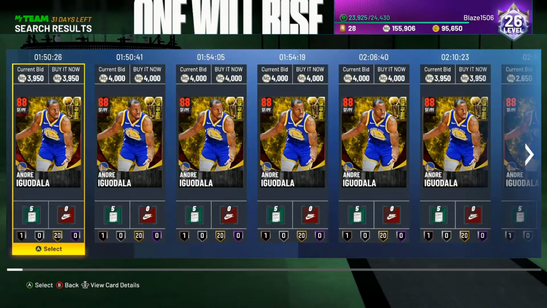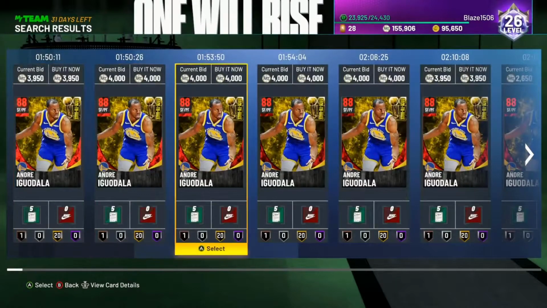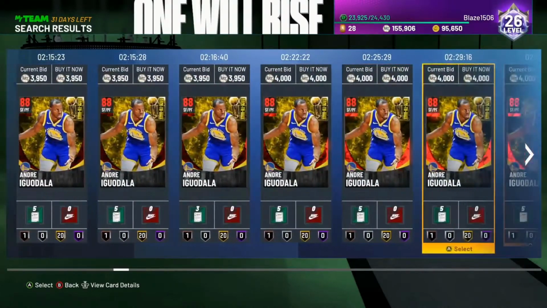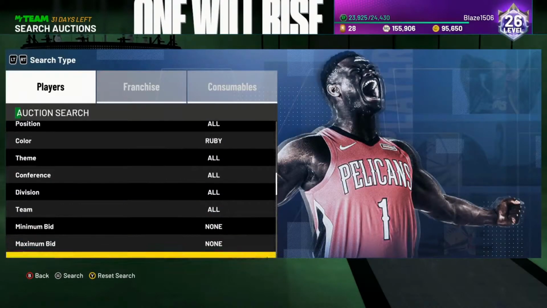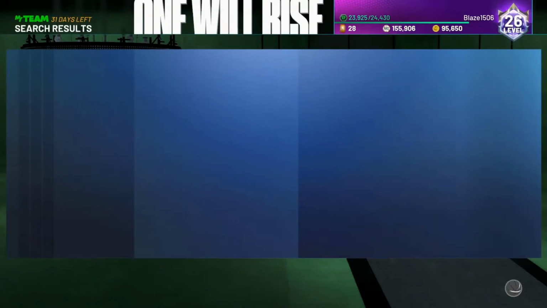The first one we're going to go through is probably the most common one you'll use, which is sniping. For those that don't know, sniping is when you're looking for a card with a buy now, like these ones here. So 39.50 is the buy now for this Andre Iguodala. But you're looking for ones that are significantly under the price they're selling for. This Andre Iguodala is currently selling for 4k, so I'd probably be wanting to snipe around 3.2k, buy